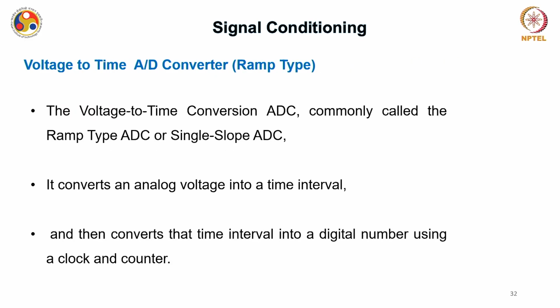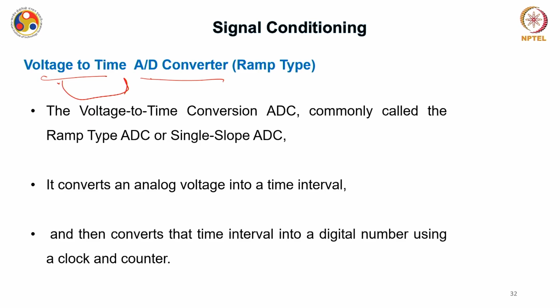Okay. We have another kind of AD converter that is very important for us, which is the voltage to time AD converter, sometimes also known as ramp type AD converters. The voltage to time conversion ADC, commonly called ramp type ADC, is also called single slope ADC. I have earlier mentioned that we will also study a dual slope integration kind of ADC, but these voltage to time AD converters are also known as single slope ADC. Okay. As the name suggests, you have a voltage to time AD converter, which means that this AD converter converts voltage to time